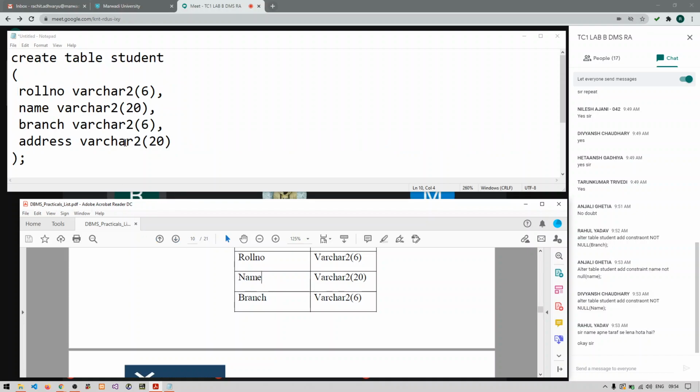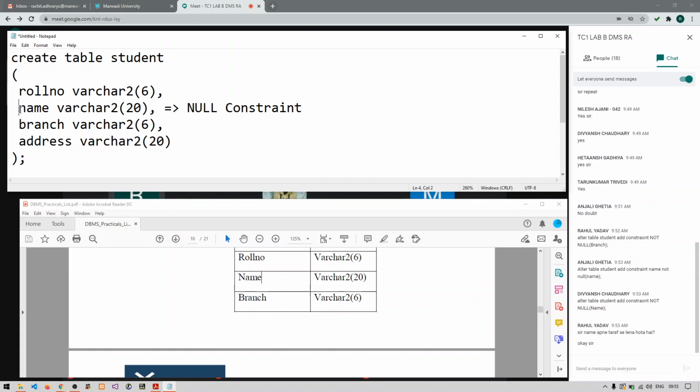See, in the table, whenever you are giving this type of syntax, name varchar2 60 or 20, whatever the size is, and you are not providing any type of constraint here, by default this particular column will have a null constraint.